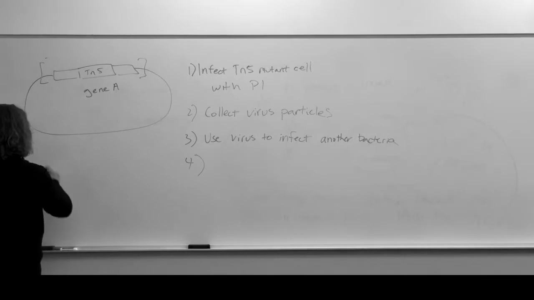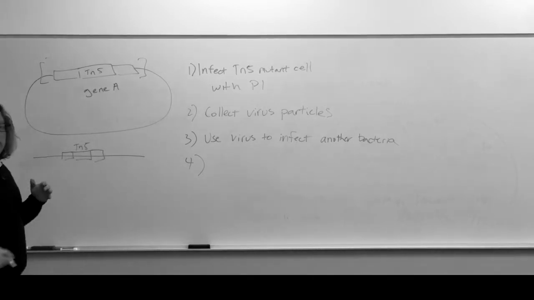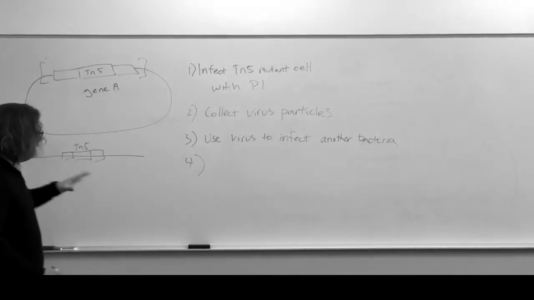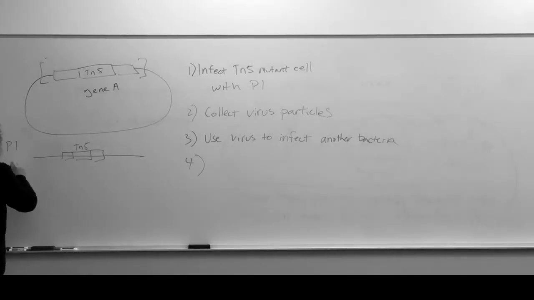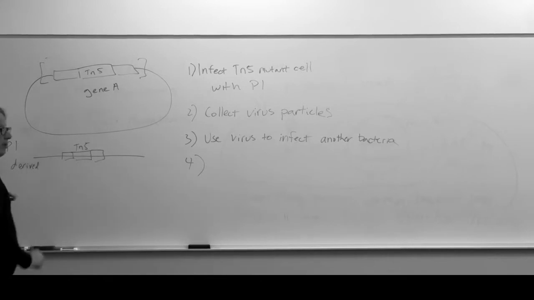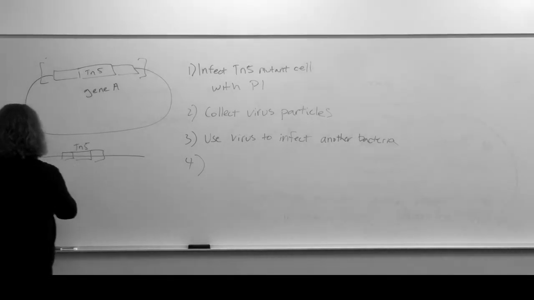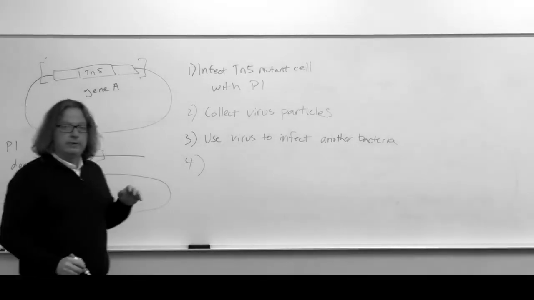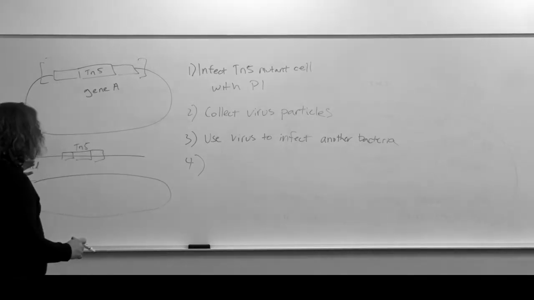Okay, so here we have a piece of DNA that has TN5, and this piece of DNA is coming from a phage particle. So it's been accidentally packaged into a phage particle. So this is essentially P1 derived, and we've infected it into a target cell, and the target cell has a bacterial chromosome. And once this piece of DNA is in that target cell, it can undergo recombination